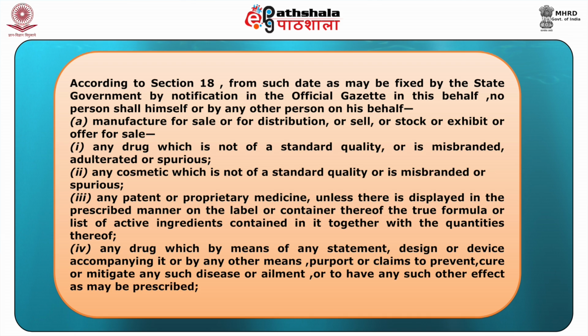According to section 18, from such date as may be fixed by the state government by notification in the official gazette, in this behalf no person shall himself or by any other person on his or her behalf